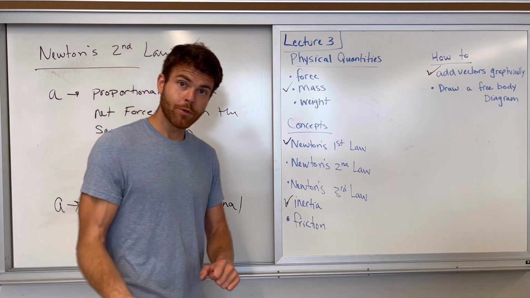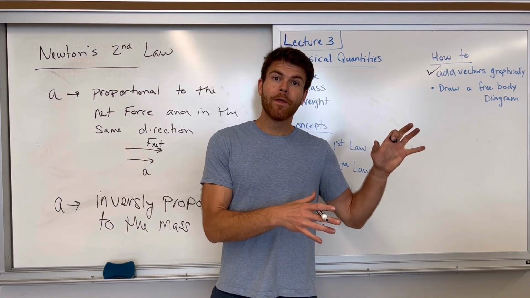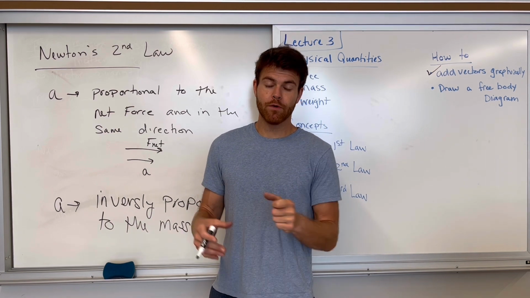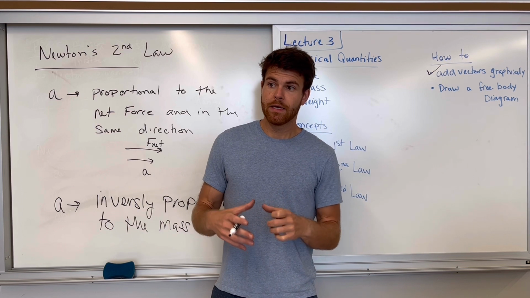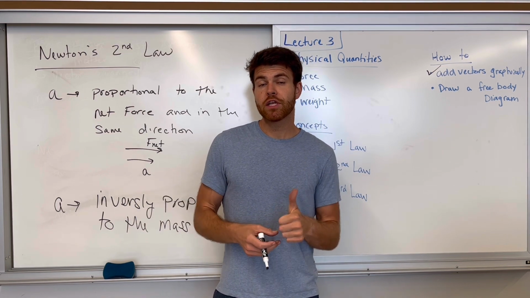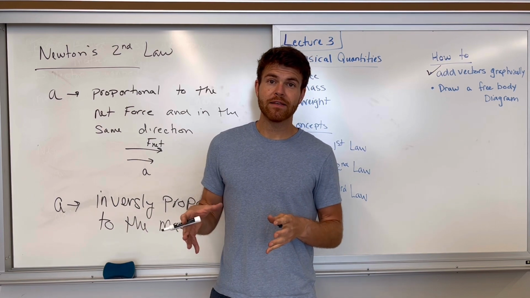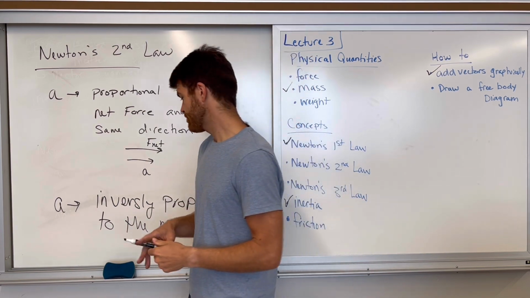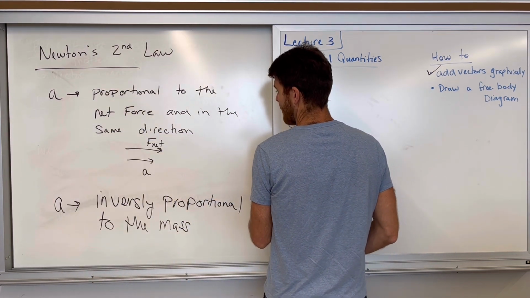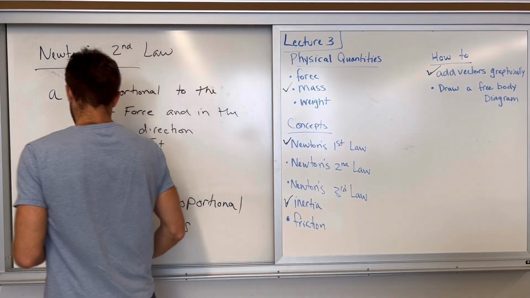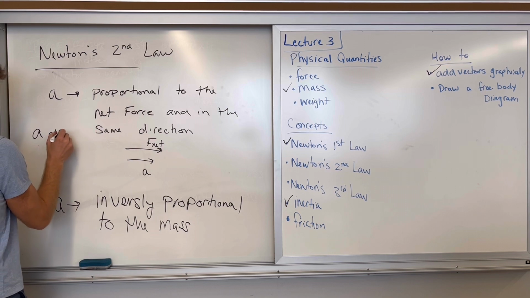And inversely proportional means that the greater the mass of the object for a given net force, the smaller the acceleration. So if we have a net force acting on an object that has a big mass, the acceleration it experiences is going to be smaller than if we have the same net force acting on an object with the smaller mass. And so we write this mathematically as